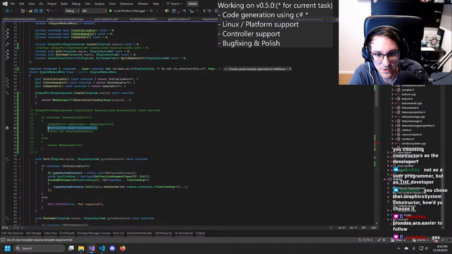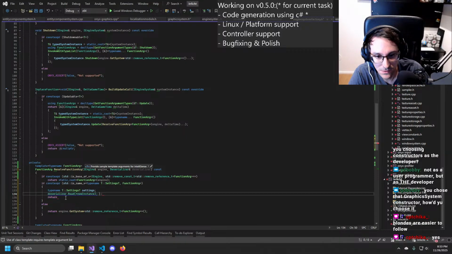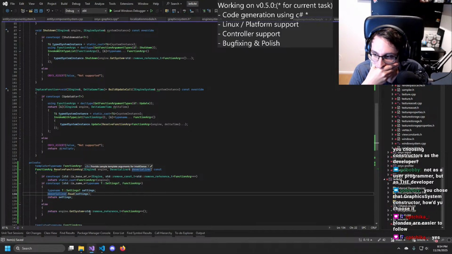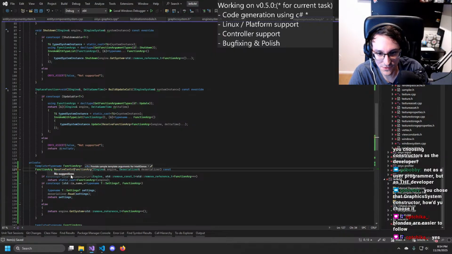Or like we could do deserializer read, I guess. Resolve constructor.